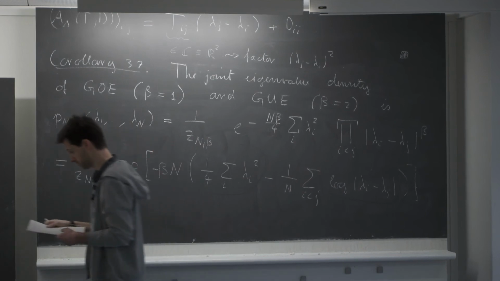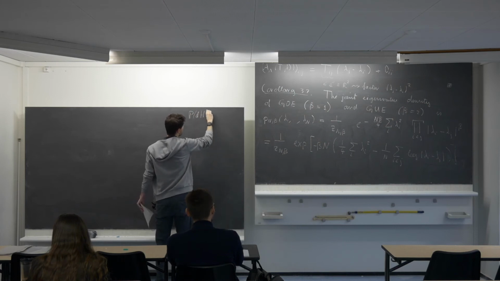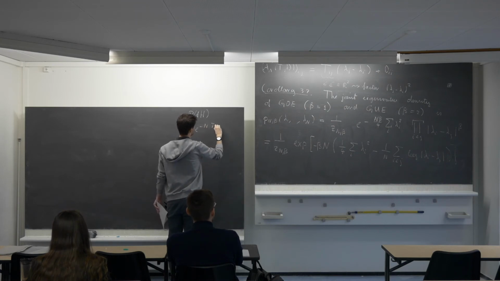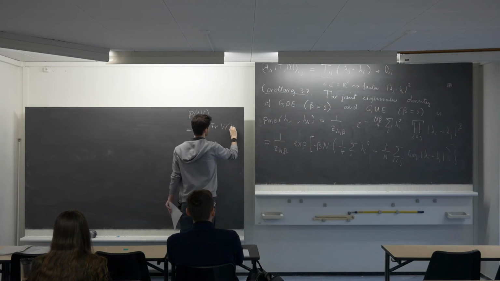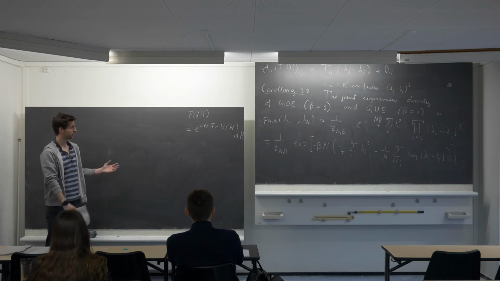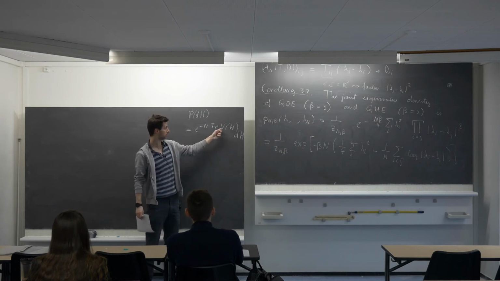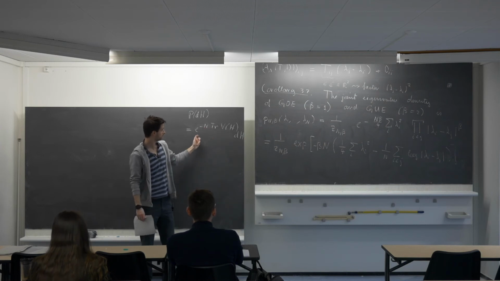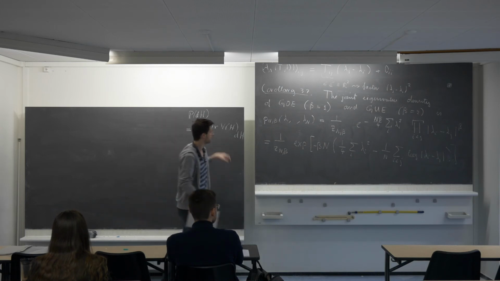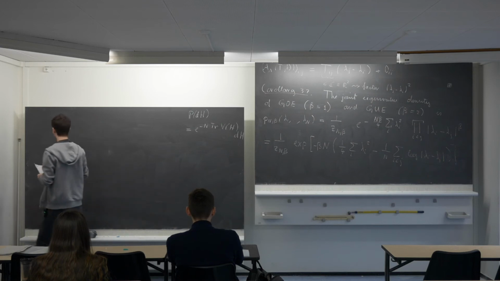The answer is yes. If you recall, you could easily define a probability measure on the space of Hermitian matrices by taking your favorite function v, which has sufficiently rapid decay at infinity, so that this measure is indeed normalized. It's a probability measure. You can take any v. Let's say you can take a nice convex v, and then this will give you a nice probability measure on the space of real symmetric or complex Hermitian matrices, and then this v will simply appear here. So more generally,